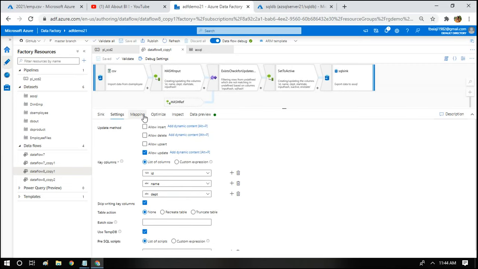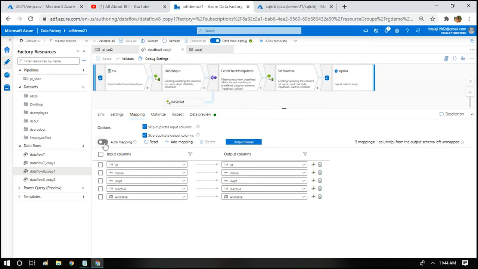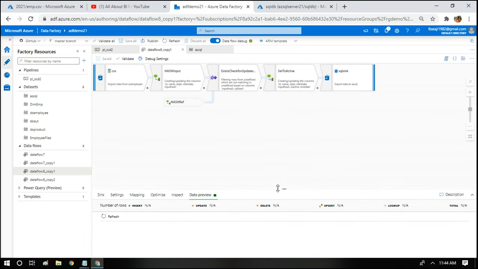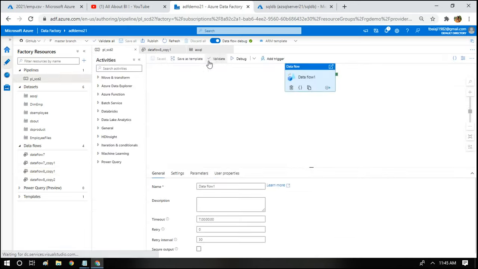Okay, apart from that, just go to mapping once again and disable the auto mapping, and look at whether the data types and everything are consistent across source and sink, and the columns are mapped properly. We have to check all of them, and then finally you will have to do a data preview. In our case it's not going to yield anything, because we are not updating any records now. So I'll simply execute this pipeline so that we can see some records getting inserted into the table first. Once it is inserted, I'll update my source CSV file, and then I'll show you how it works.